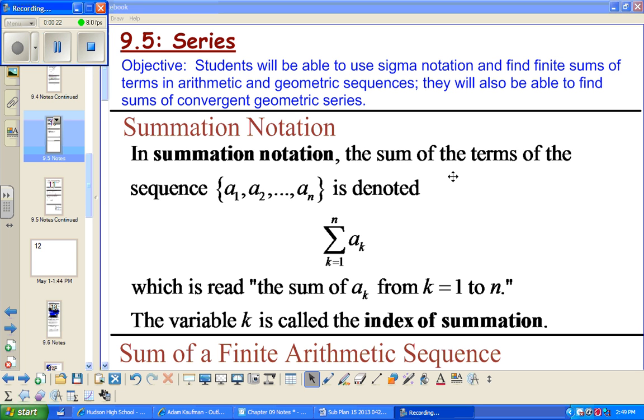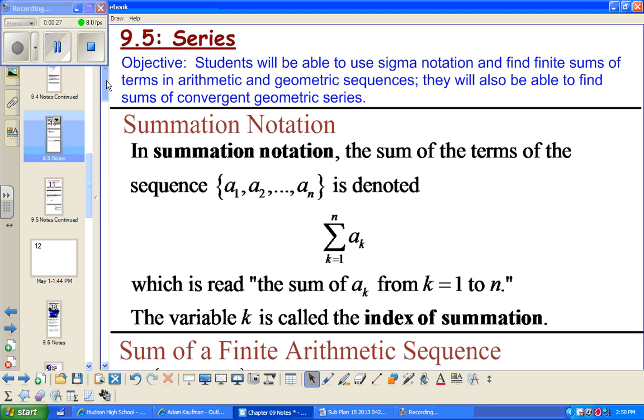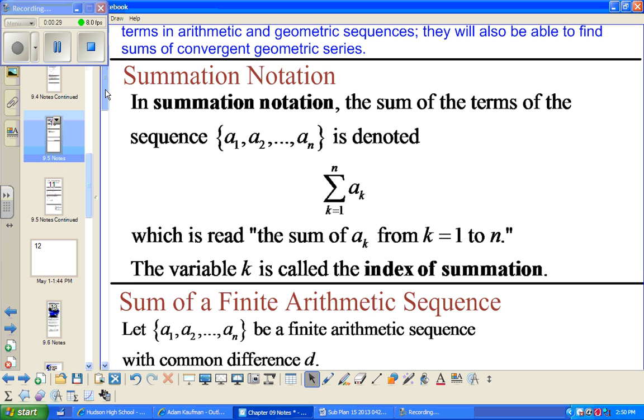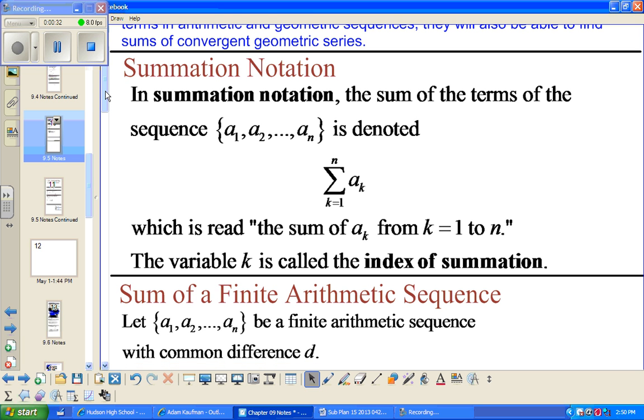What I'm going to do here is talk briefly about the main concepts to help you get a start on 9.5. To start with, we have what's called summation notation. That uses this big E looking symbol, which is sigma. And basically what this is saying is that the sum of the terms of some sequence is denoted in this way, which means when you add up all the terms,